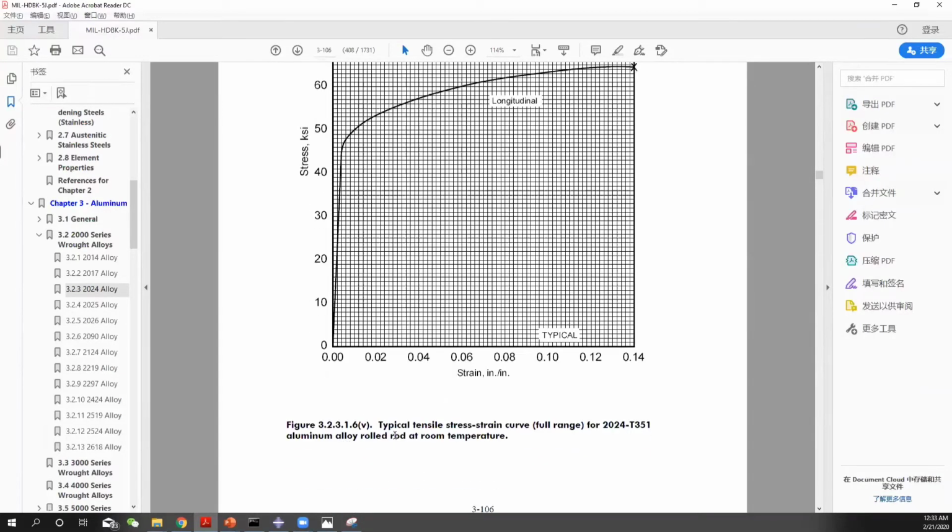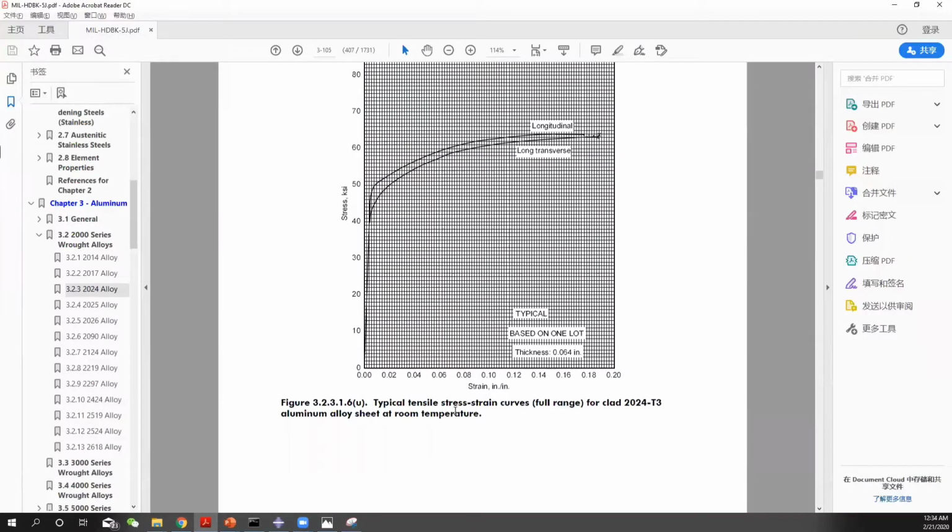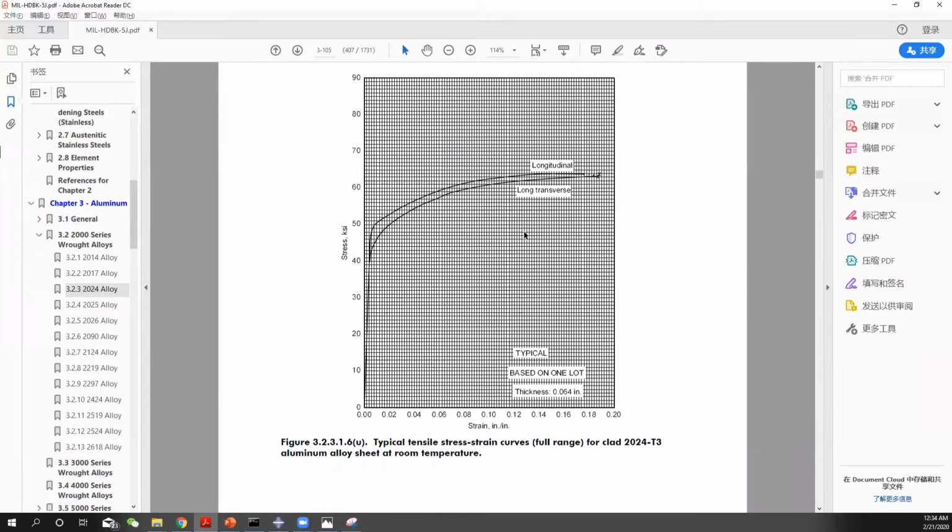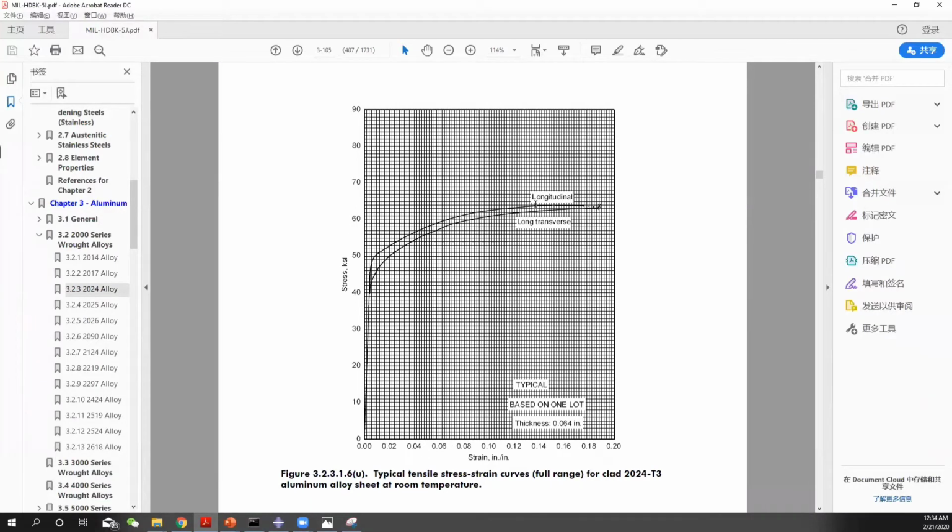And also you can see other things. For example, this is a rod, but we prefer a sheet in our case. And you can see there are two types of tensile test. One is the longitudinal tensile test. The other is the long transverse tensile test. The longitudinal tensile test is good for tension, and the long transverse tensile test is designed for hoop stress analysis. So we are going to follow the long transverse